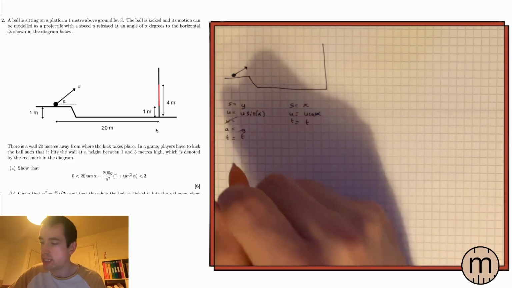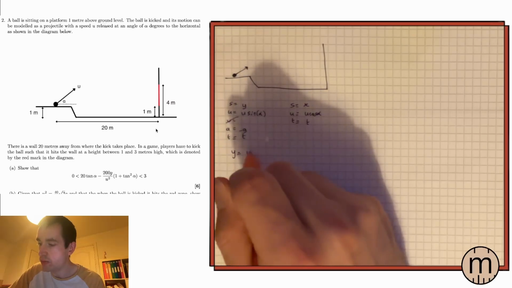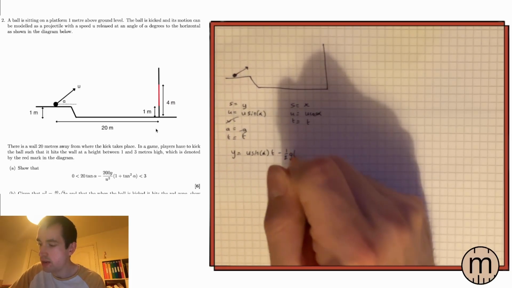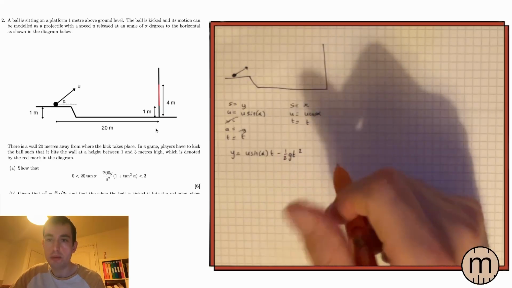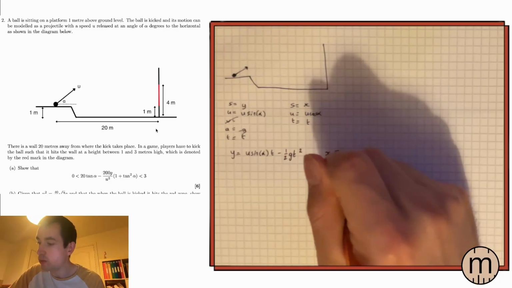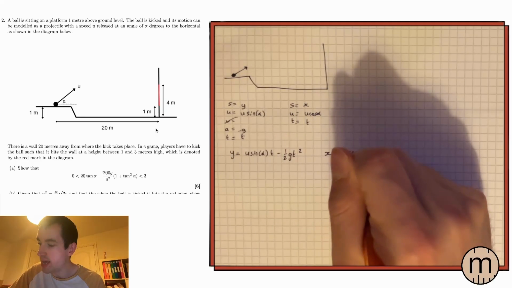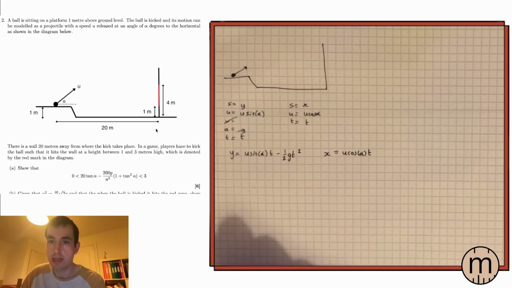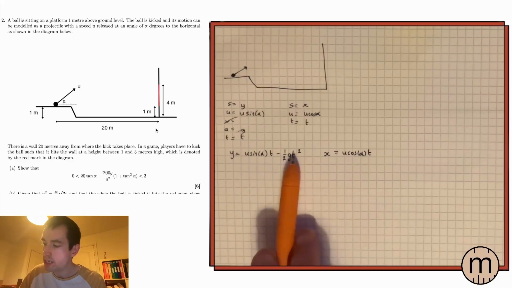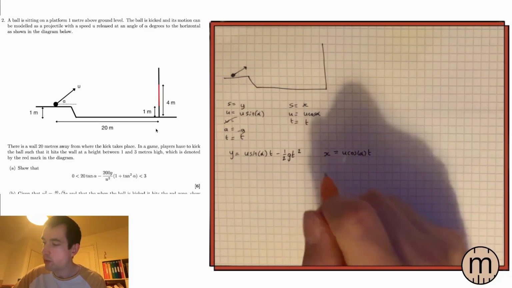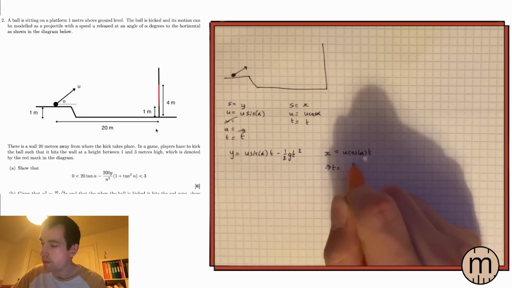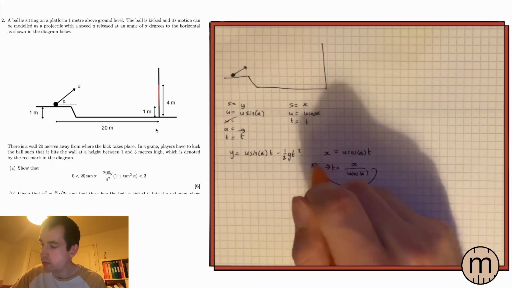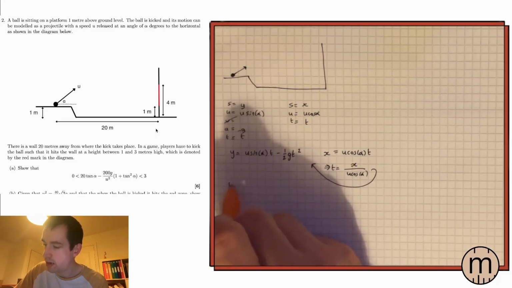Now we're going to use that same Suvat as before. S equals ut plus half at squared. And we're going to use speed equals distance over time, or S equals ut, to tell us that u cos alpha t is equal to x. You might notice that there's a t here and a t here and a t here, which means that if we rearrange this for t, x over u cos alpha, we can substitute it in over here, and we'll eliminate